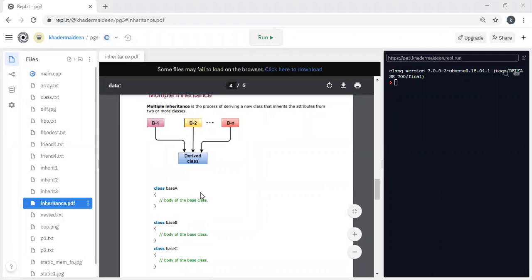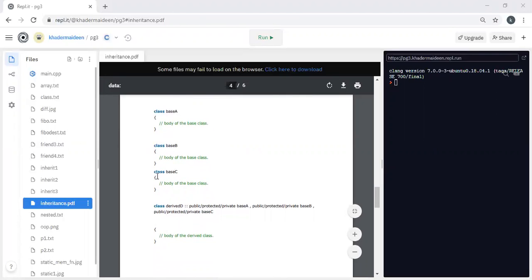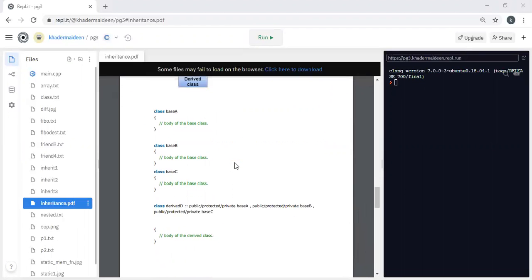Suppose base A, we define the body of the base class here. Then base B, define the body of the base class. Then base C, define the body of the base class here. First we define base A, base B, and base C. These are the base classes. Then the derived class.